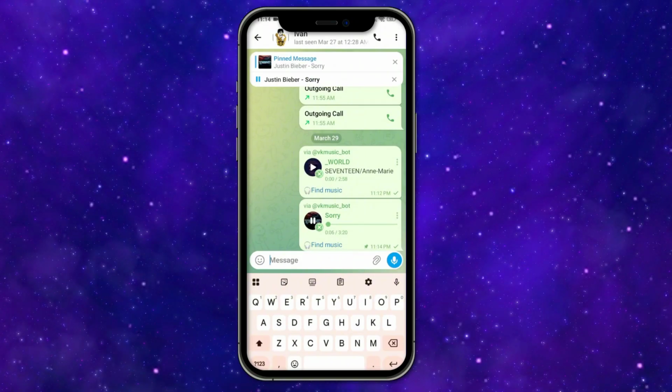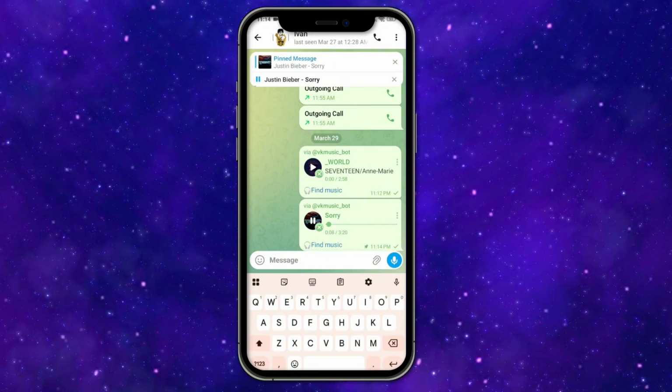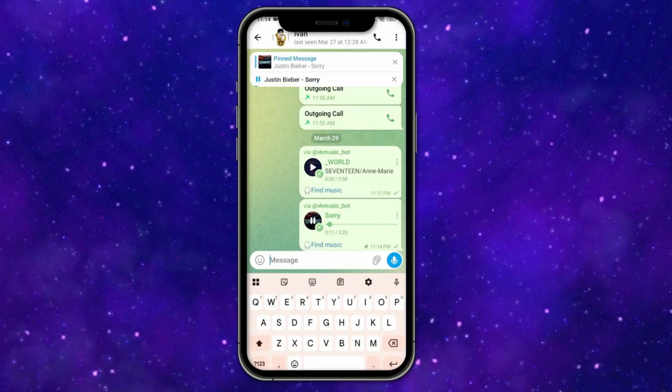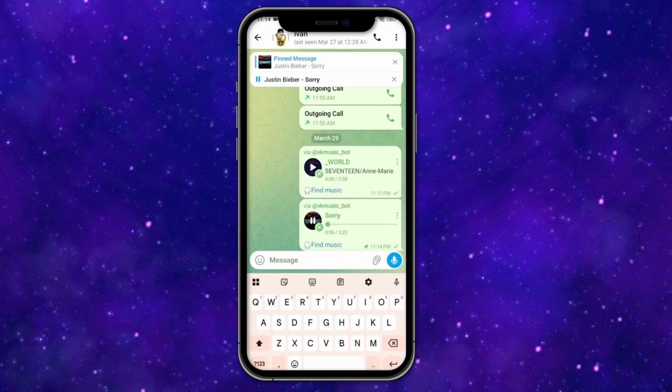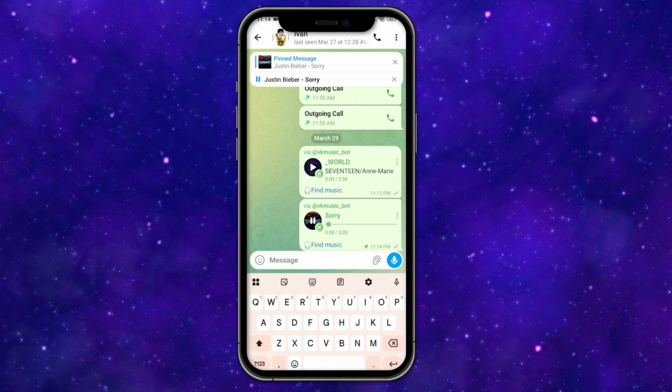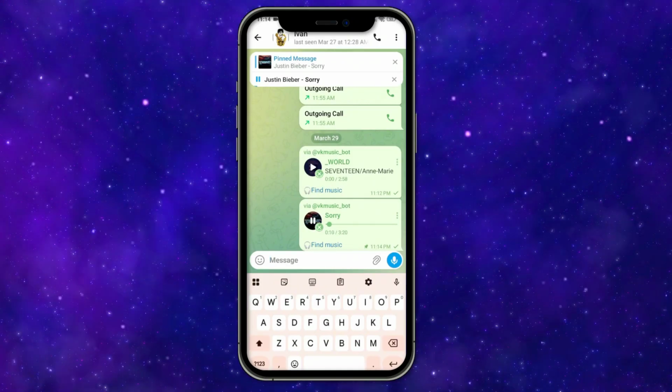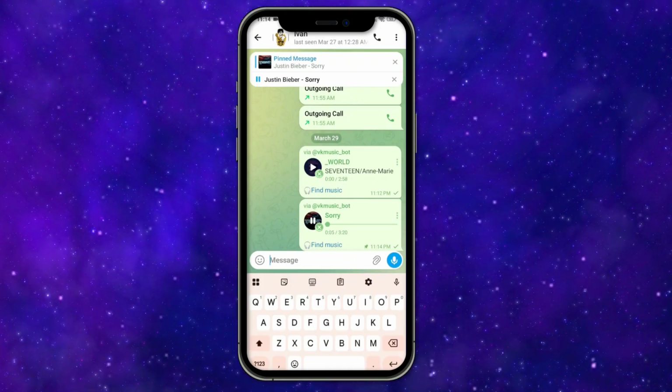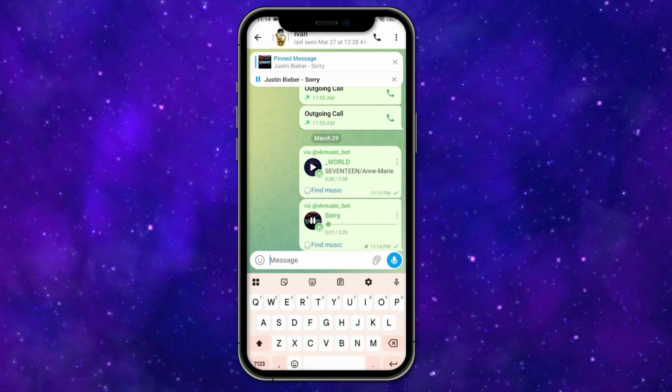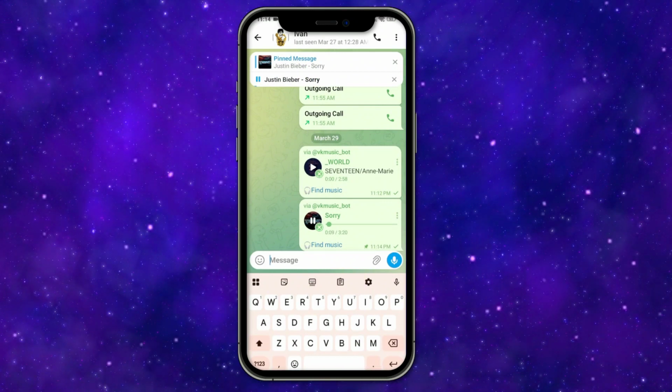And that is how to add music bot in Telegram channel. So you just need to open up your Telegram account, go ahead and enter the channel name or mention the channel name on the message, and then go ahead and select the specific song that you want to add to your